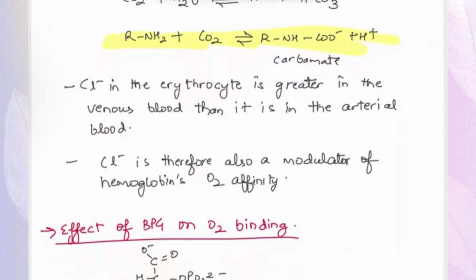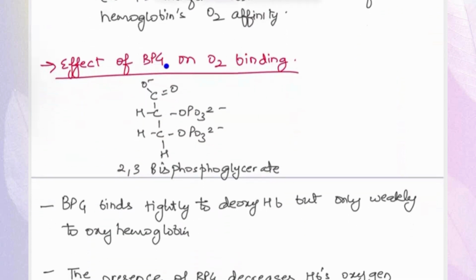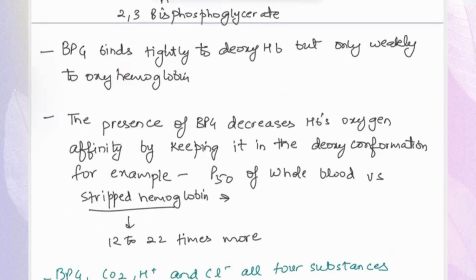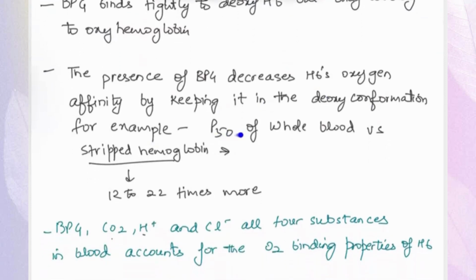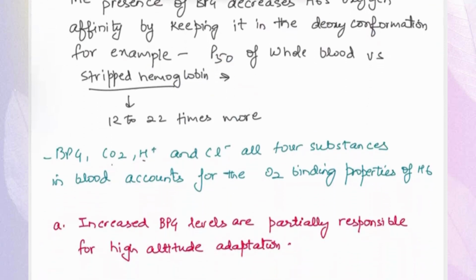Besides CO2, Cl-, and H+, we also have BPG, which can affect oxygen binding affinity of hemoglobin. BPG is called 2,3-bisphosphoglycerate. This is one of the unstable intermediates of the glycolytic pathway. BPG binds tightly to the deoxyhemoglobin state, but only weakly to oxyhemoglobin. The presence of BPG decreases hemoglobin's oxygen affinity by keeping it in the deoxy conformation. For example, the P50 of whole blood versus stripped hemoglobin is 12 to 22 times more. So BPG, CO2, H+ and Cl-, these 4 substances in blood account for the oxygen binding properties